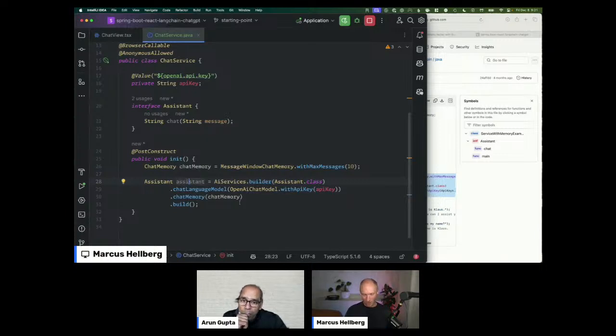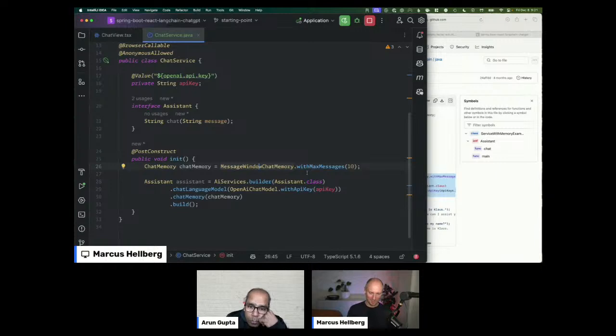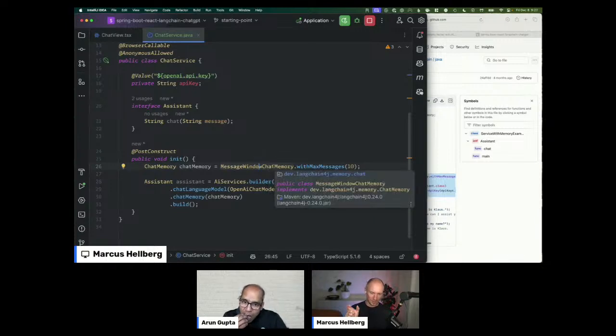Now with the newer models, it's less of an issue, but again, we want to be mindful of how much it's really worth for us to send. Maybe one more thing to note: this is the simplest possible way. Essentially every user of this application is using the same chat message history, which is obviously not what we would want. There is a provider version of this, which takes in a unique key and returns a specific message history for that key, so you can give every user in every chat a unique chat history. That would, of course, be what you'd want to use, but we're going to keep things simple here.